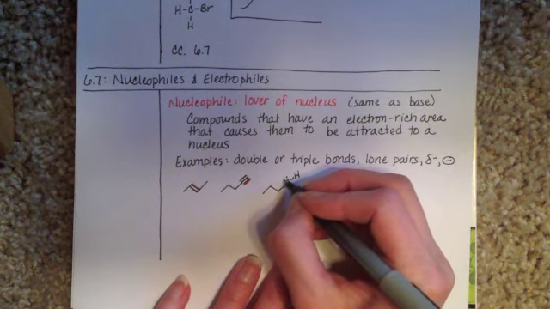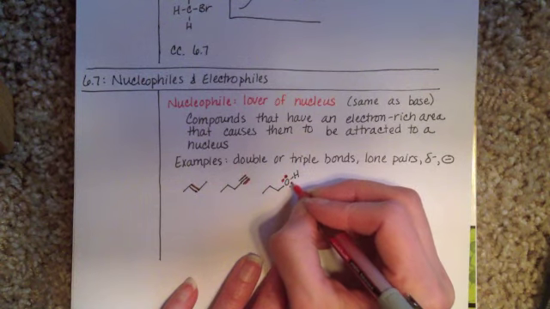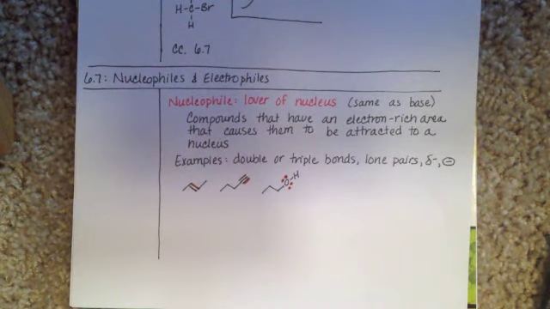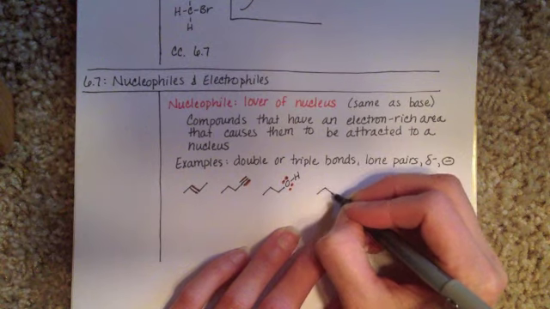Oxygens are examples of nucleophiles with the lone pairs of electrons on them, but it could be halogens or nitrogens with a lone pair, anything with a lone pair. A polar bond,